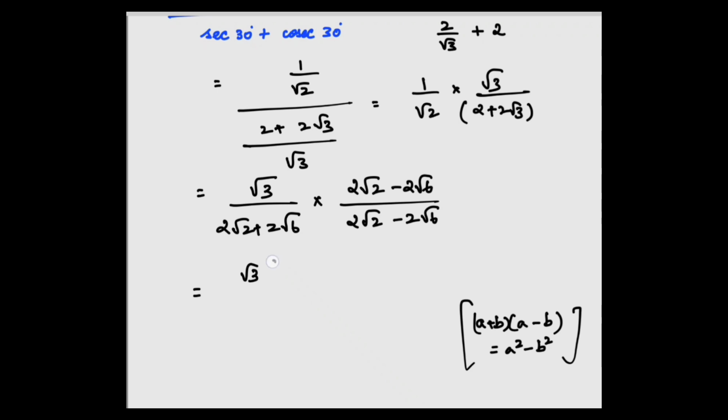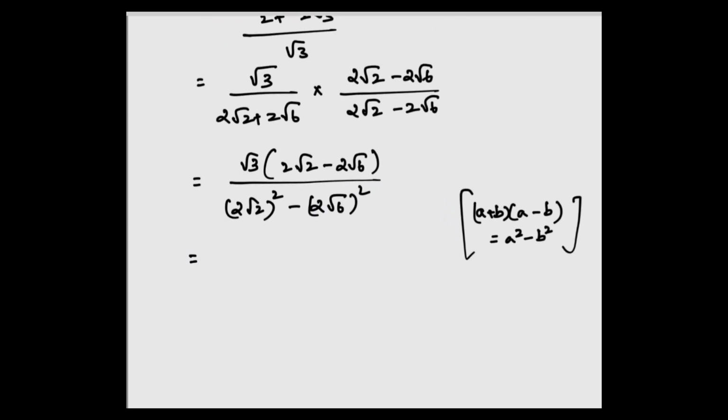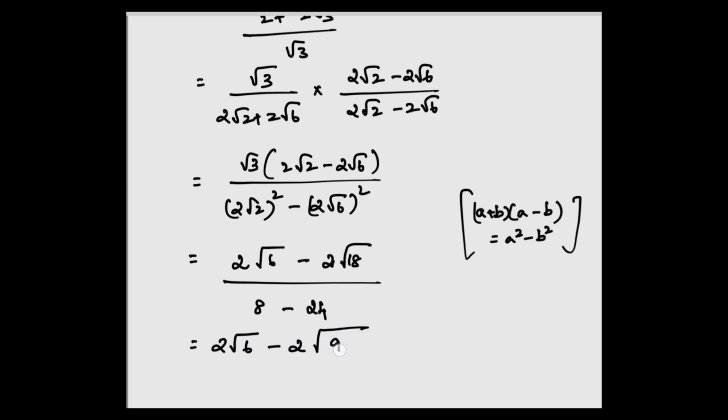Now continuing, root 3 into 2 root 2 minus 2 root 6 divided by 2 root 2 the whole square minus 2 root 6 the whole square, which is equal to 2 into root 2 into 3 is 6, 2 root 6 minus 2 into root 6 into 3 is 18, divided by 2 root 2 the whole square is 8 minus 2 into root 6 the whole square is 2 into 2 is 4, root 6 into root 6 is 6, that is 4 into 6, 24. 2 root 6 minus 2, 18 can be written as 9 into 2, divided by 8 minus 24 is minus